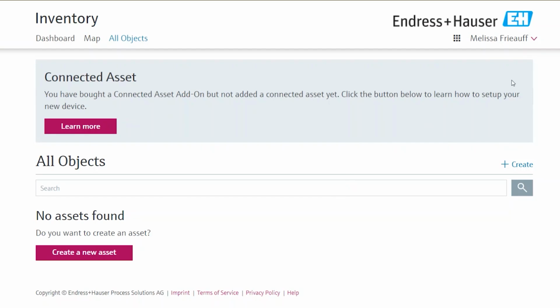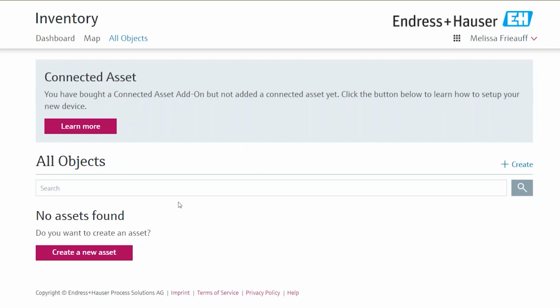But now maybe you already have one of these MicroPilot FWR30s, or you just ordered one and you want to use it with Netilion Inventory. Well, as soon as you have it in your hands, you can just go for an inventory subscription, just like Julia told you before. And now I will show you how you can add this device to this new Netilion Inventory account. As you can see, I'm currently signed in to my Netilion Inventory account, which I just created.